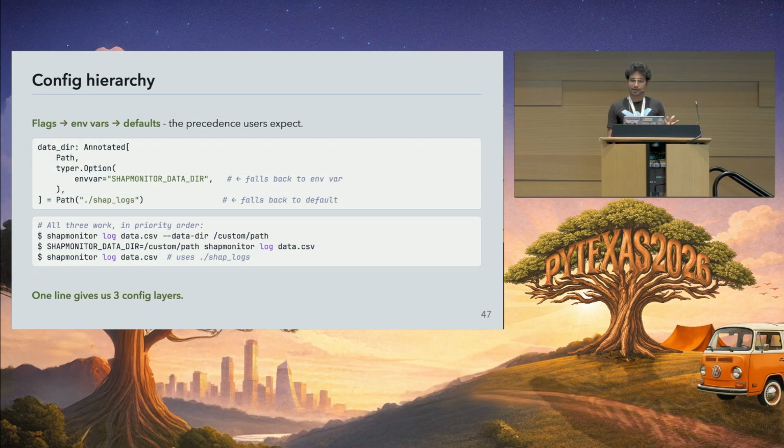The config hierarchy, as I talked about, is really, really good, and it gives a lot of, I would say, flexibility to the user. Okay, not only to the user, but also in systems. Let's say that they're using your CLI in different systems, then you could actually do that. Again, the same thing applies there, right? So all of these three statements work in priority order. You have the first one where you give the value explicitly, then you have the environment variable, and then you have something that uses just the default, right?